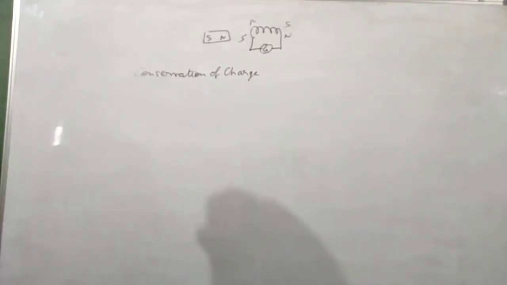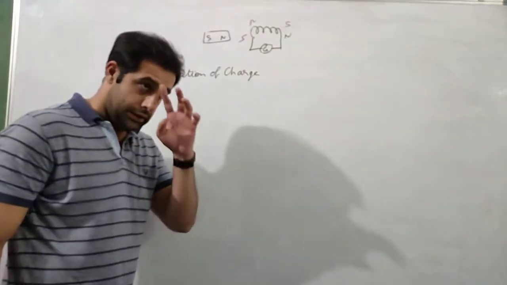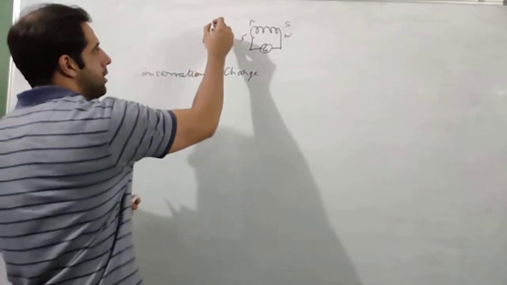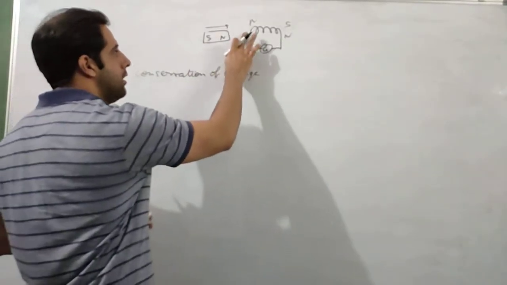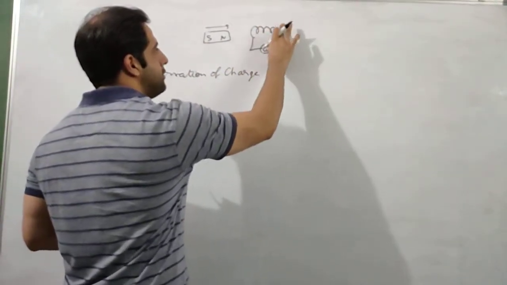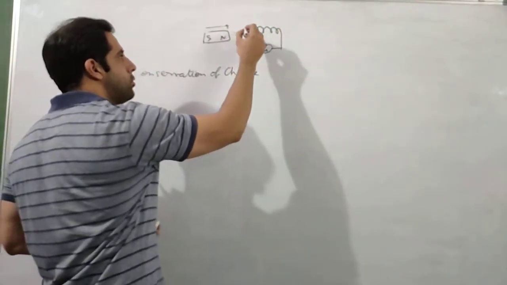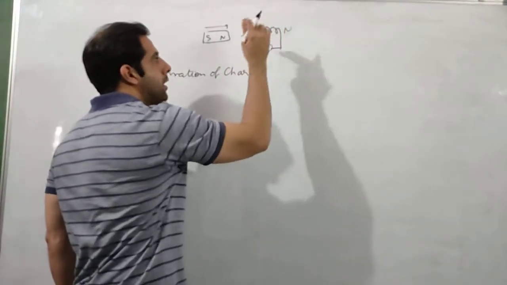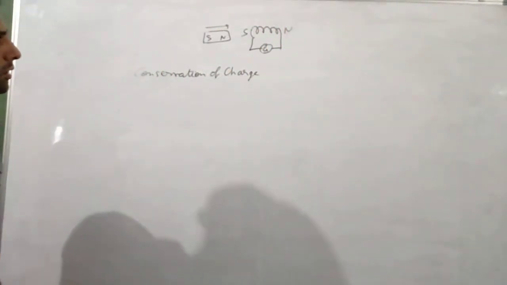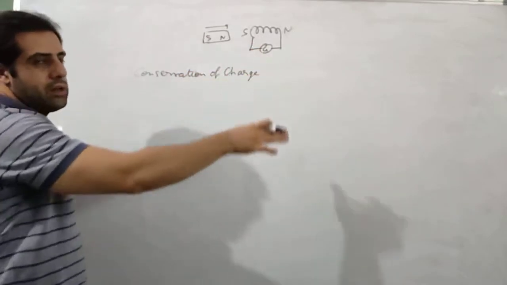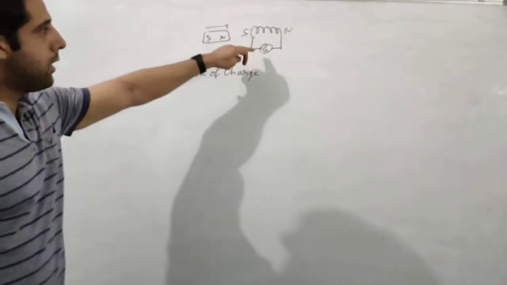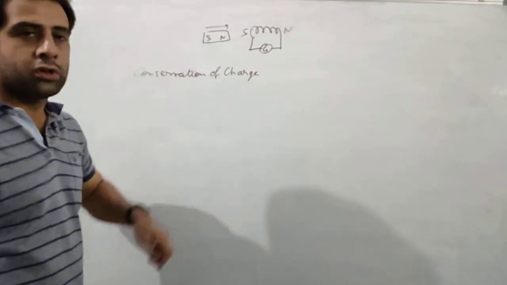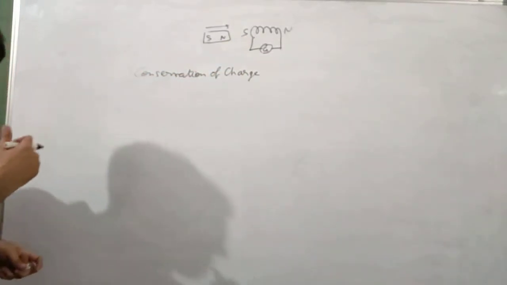Let us do the opposite of Lenz's law. Let us say that when the north pole is moving towards the coil, then instead of generating a north pole on this side, suppose the coil generates a south pole. Let us assume that for 1 second it is generating a south pole at this position. Now we were bringing the magnet towards the coil. If a south pole is generated here, this south pole will attract the north pole towards itself.